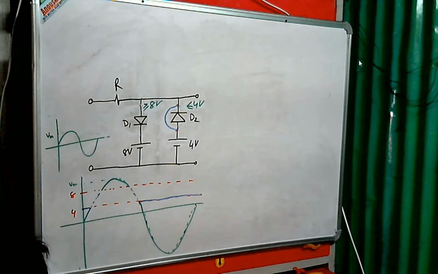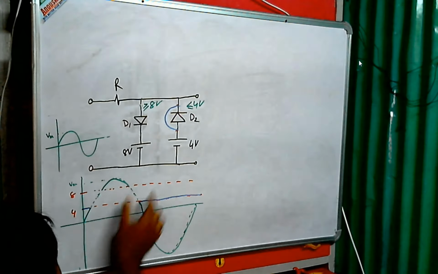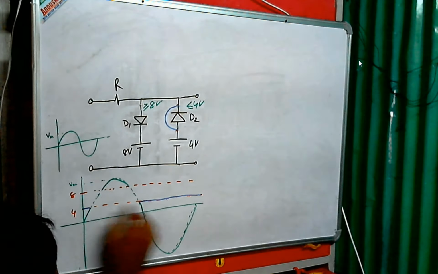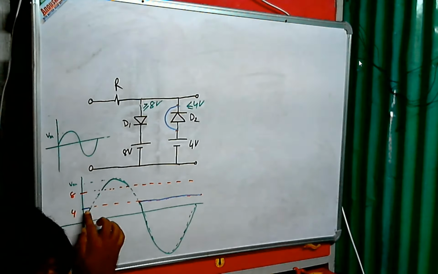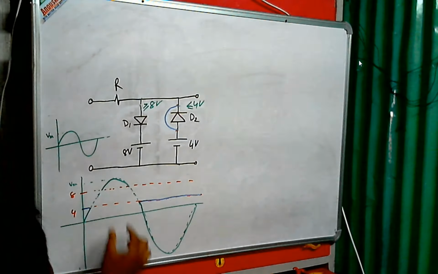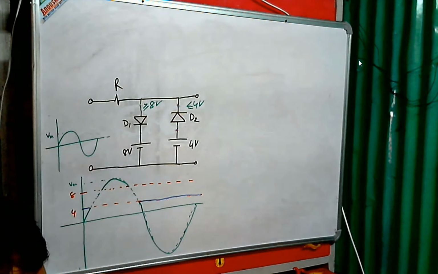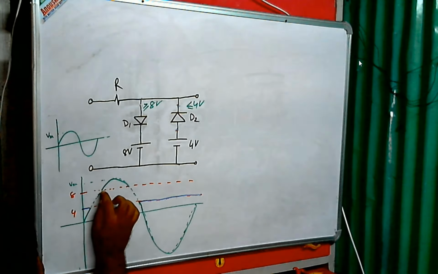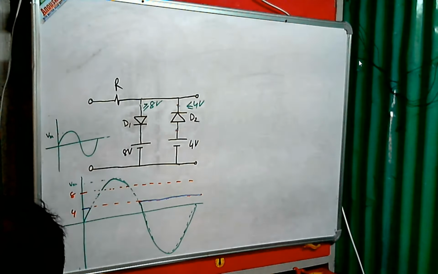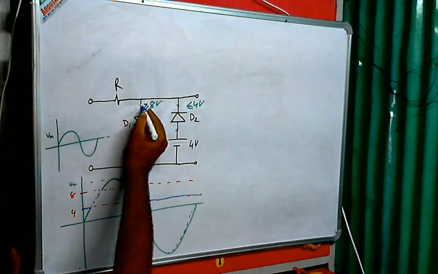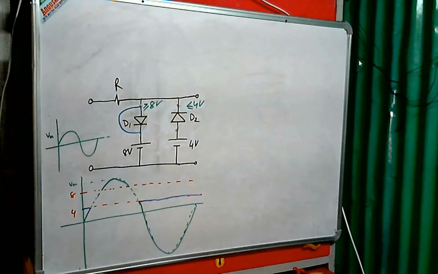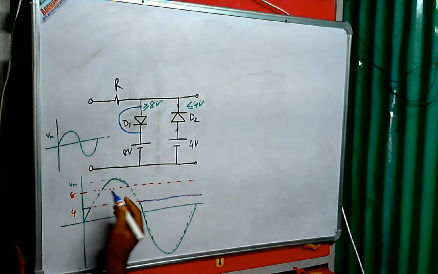Now what is happening for input voltage greater than or equal to 8 volt? You can see diode D1 is on. In this region diode D2 is off. Diode D2 is on only in the earlier region, but in this region diode D2 is off. So you can remove this connection, but D1 is on for input voltage greater than or equal to 8 volt. So in this region, what will be the output? You have to connect this particular line. Because of the ideal diode, directly 8 volt is going to the output.